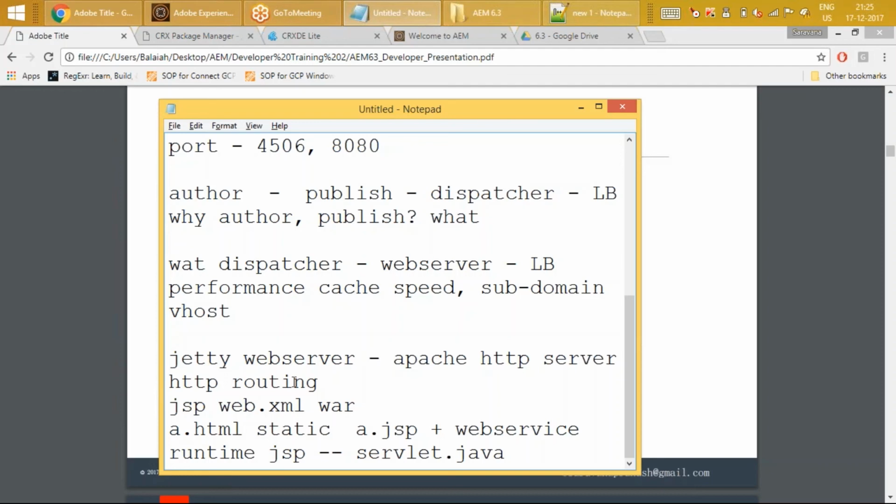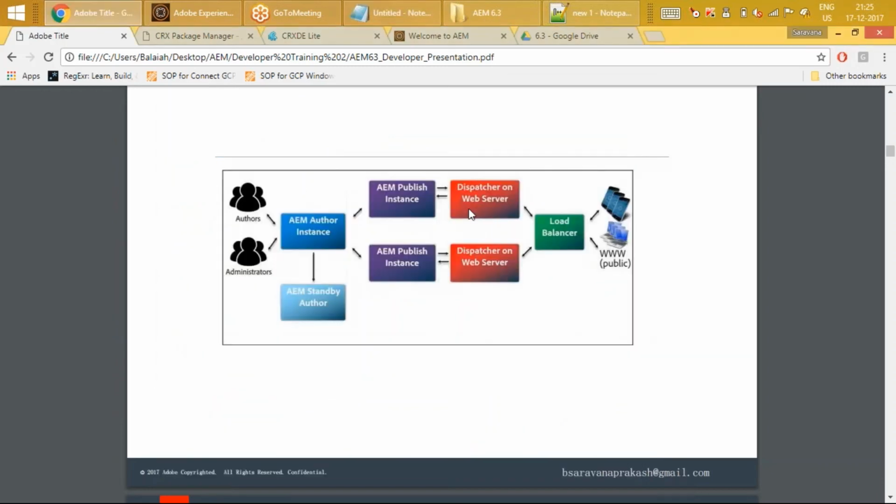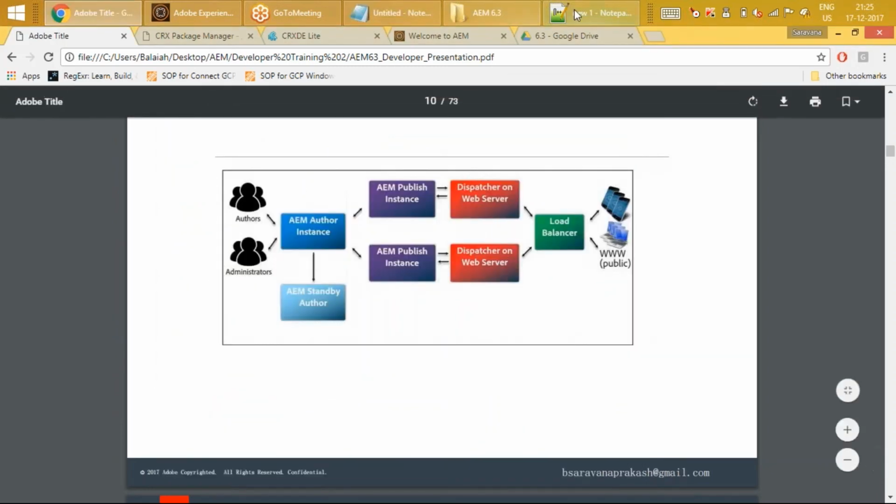My HTTP server is not the guy. It needs to be a web server for me. The request reaches the web server, which processes the request and then returns the response. So that's why I go for a dispatcher layer. Why dispatcher? I install these for caching purposes and performance and speed purposes.